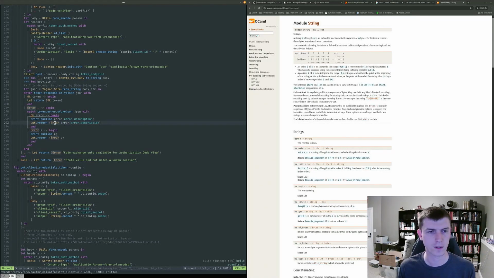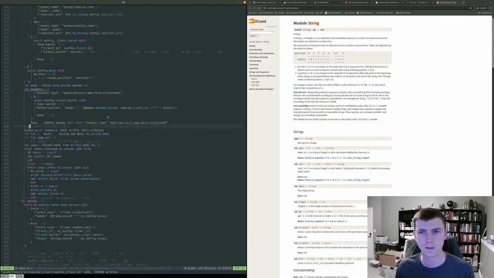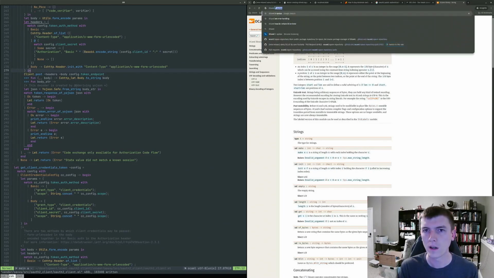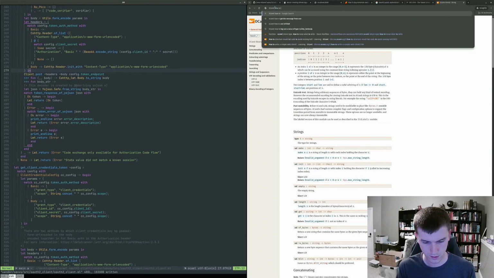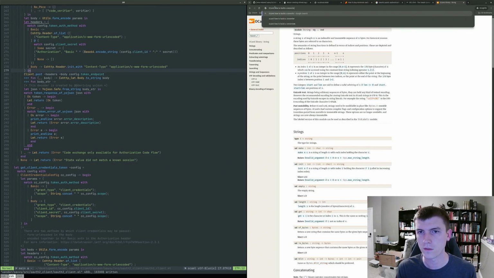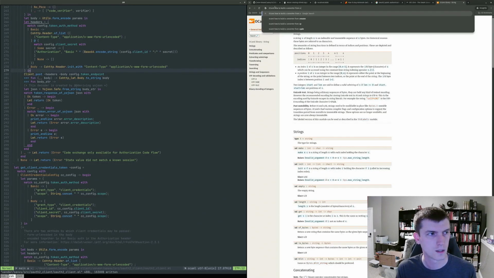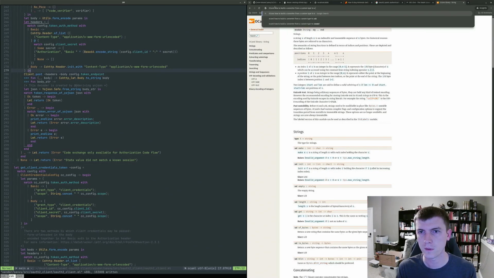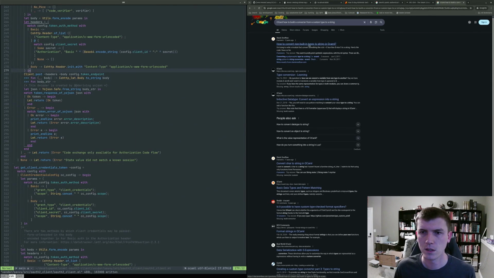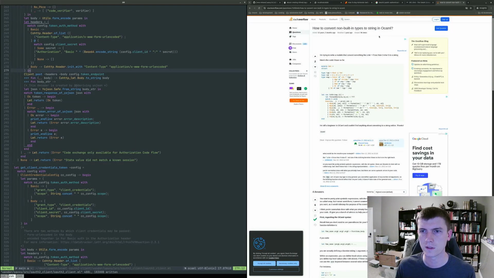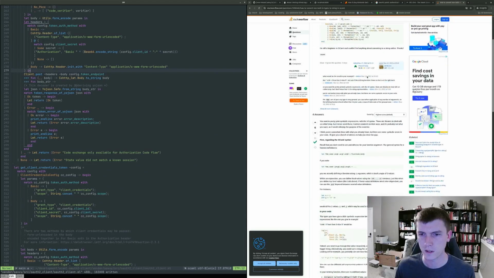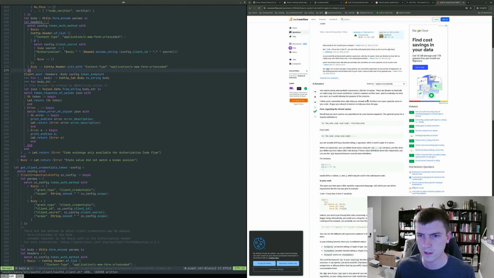Not go that route. I don't really know if I care about what the error description is. Wait, maybe we do this. How to build a converter from a custom type to a string. Non-built-in types to string. Okay. He wants to pretty-print symbolic expressions in the ML syntax. There are libraries that deal with so-called S-expressions, but I never used them. I cannot comment. Why are you posting here?